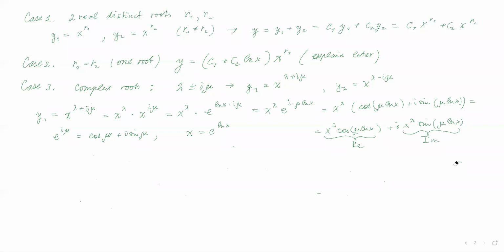Similar to what we had for constant coefficients and complex roots, remember that the real part and imaginary part of a complex solution are solutions by themselves if you have an equation with real coefficients. And our equation is an equation with real coefficients. So both the imaginary part of solution y1 and the real part of solution y1 are solutions of the differential equation because coefficients are real.